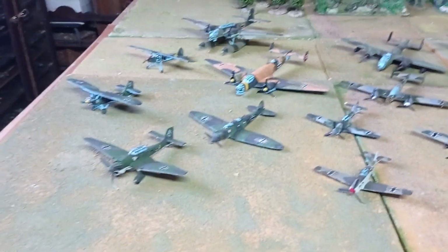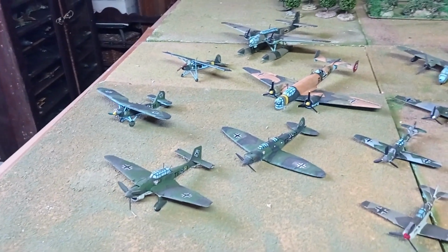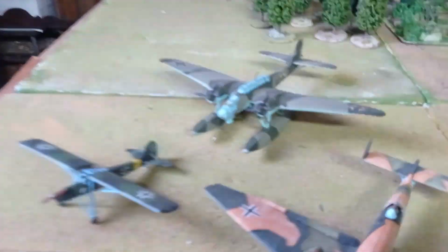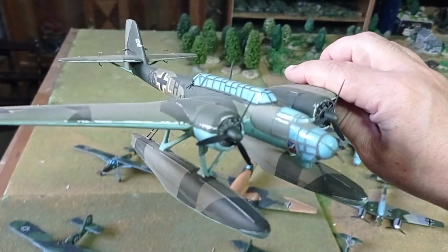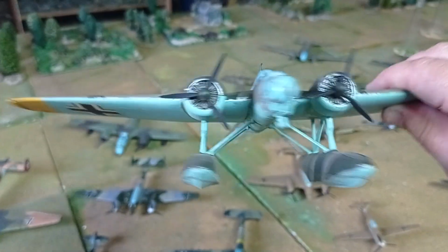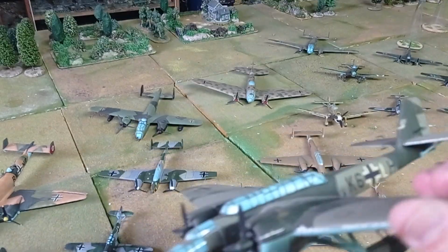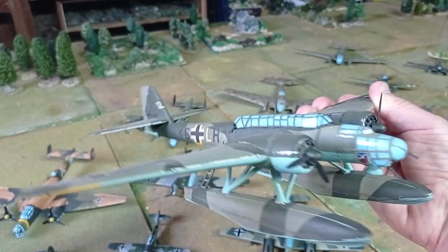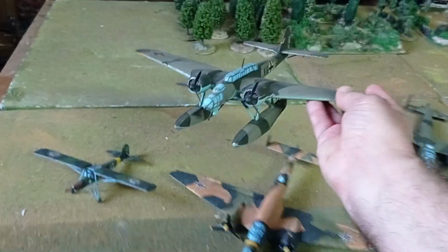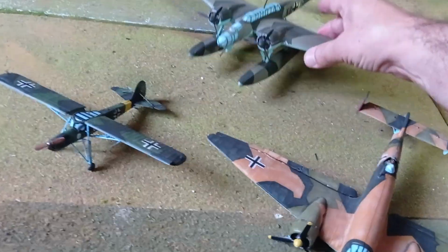So starting with the period of the Blitzkrieg, you have here the Heinkel 115, this famous float plane, which was also used as a bomber. The idea is, of course, to use it in the Scandinavian campaigns, mostly. Also used in the Mediterranean, but mostly in that northern part of Europe. And the model, I think it is